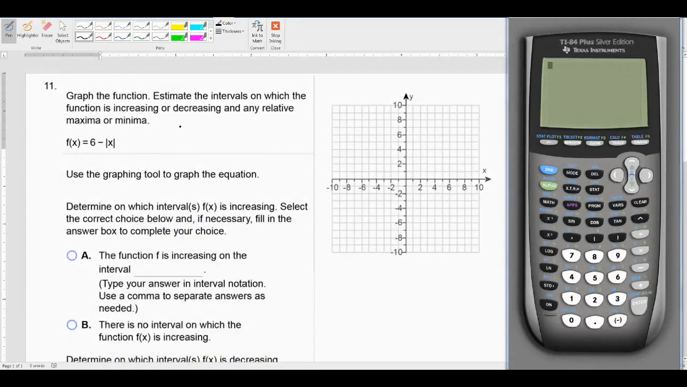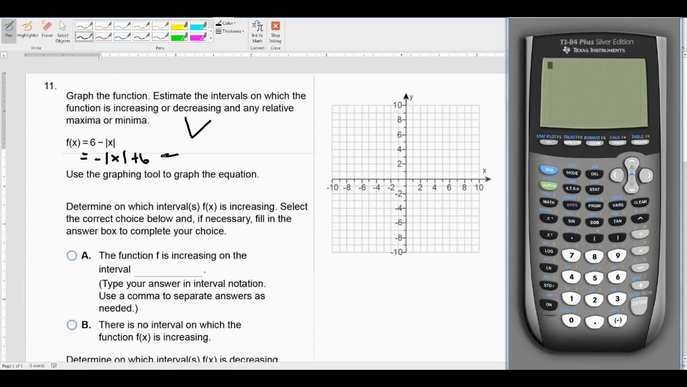For this problem, we're actually going to graph this function. Notice that the basic function is the absolute value of x, which means the shape is going to be a V shape. Now, if you want to understand the shifts, you can rewrite it like this,